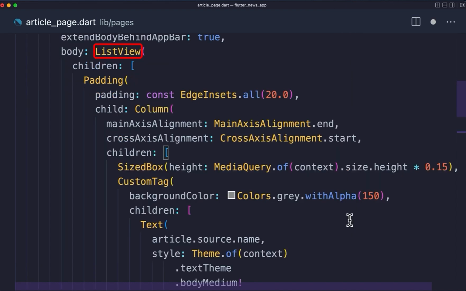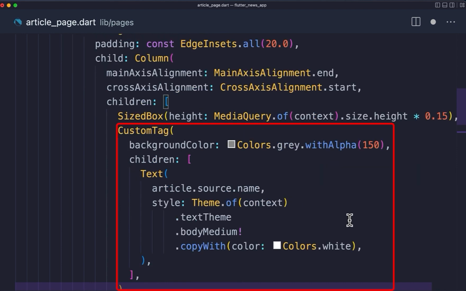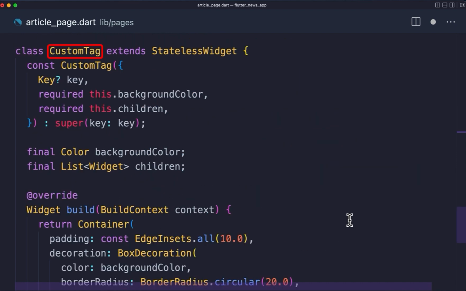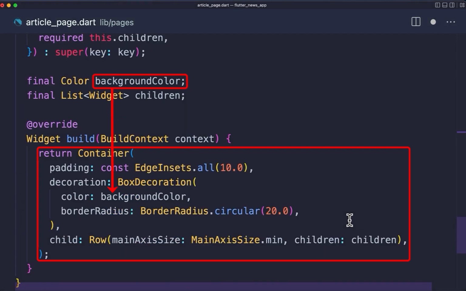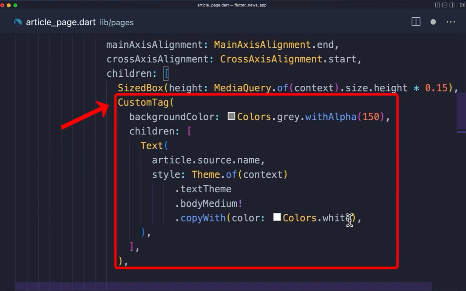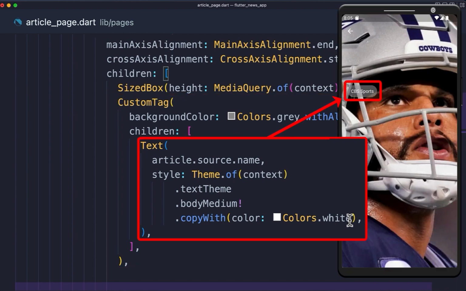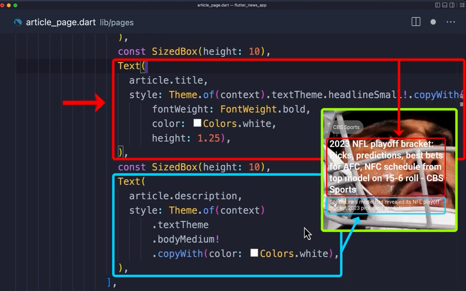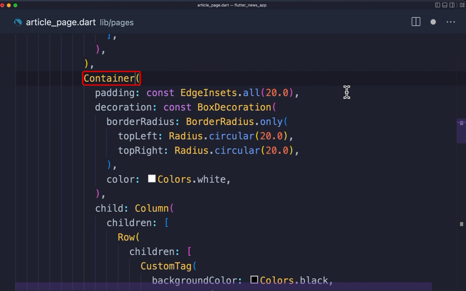Then on the body we will use the list view. Then here we are going to create this UI. For this we have created this custom tag widget which will take a container with the passed background color and a row of the passed widgets, and here we will use our custom tag widget with the background color, and in our case we only passed one text widget with the article source name, and then we will create two text widgets for the article title and for the description,